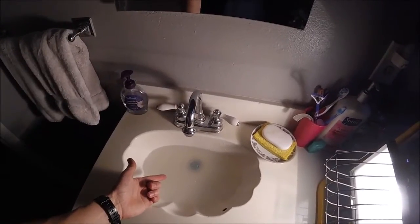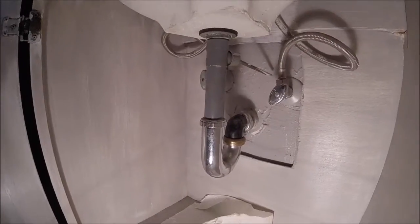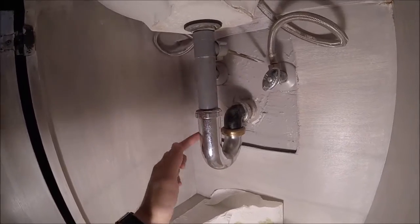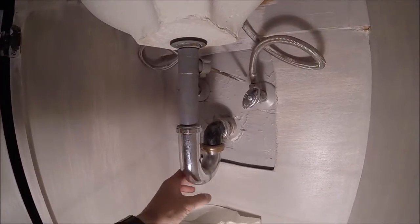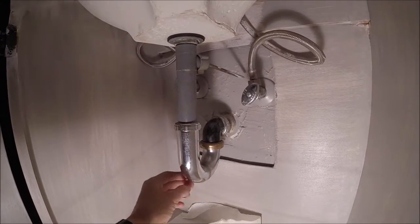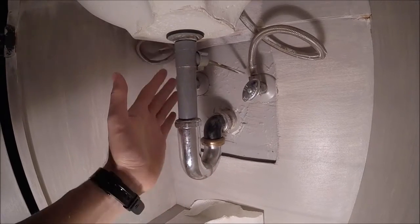Today I'm going to be showing you guys how to fix a slow draining or clogged drain. Alright, so here's below our sink, and this is the P-trap, and this is probably the culprit of our problem. Over time this will slowly get clogged up by, you know, soap scum, hair, and other things that might fall